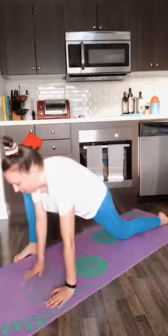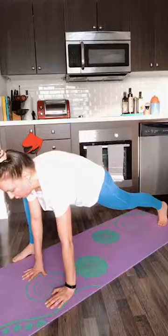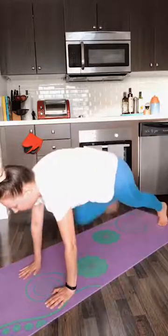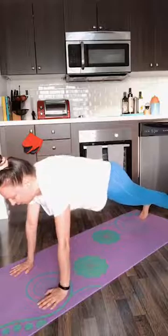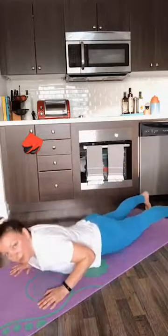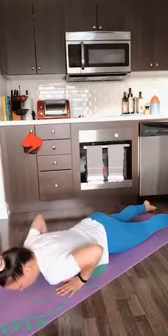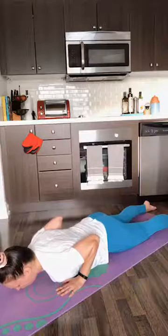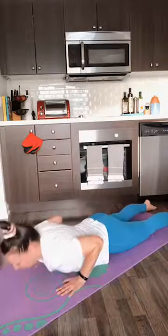Coming back up to your hands, turning your toe under in the back, straightening that leg, bringing your feet back together at the back of the mat, slowly lowering down onto your stomach, keeping your hands directly underneath your shoulders, elbows squeezed to the side of your body, and we're going to press our chest up